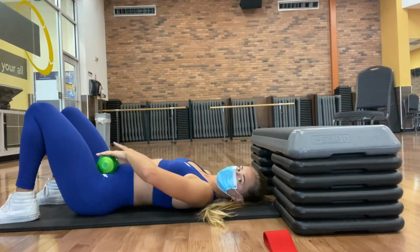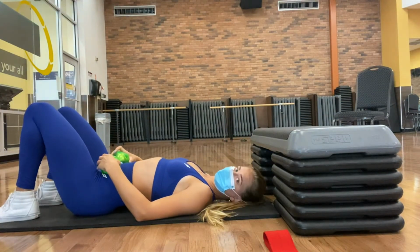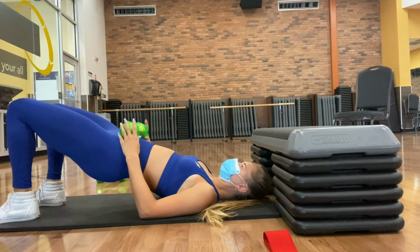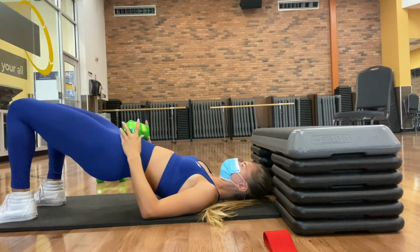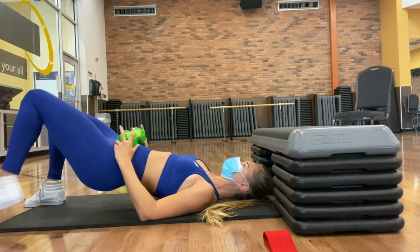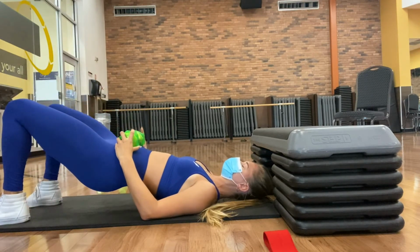All right, and we're just jumping straight into the next exercise. So we're going to be doing our marching bridges. We're going to come up and march, bring that leg back down and release. Come back up, march, bring that leg back down and release. So go ahead and continue this pattern of alternating between legs, and make sure that throughout each movement, you're really squeezing your glutes. We're going to be doing 4 sets of 10 reps,